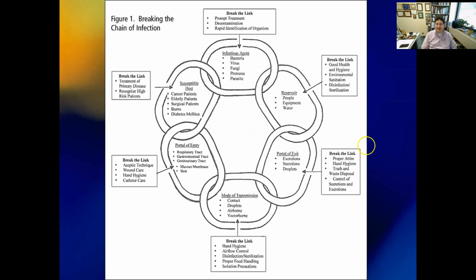So you can see that here, these boxes show how can we break the different links in this chain. And remember, to control a disease, an outbreak, whether it's nosocomial or not, you have to break one or more links in the chain. Okay? All right, everyone, that's it for part 2 of the chapter on infectious disease. The next chapter, and in fact the rest of the course, we're going to look at examples of various infectious diseases and their clinical and medical importance with an eye on this chain of infection.